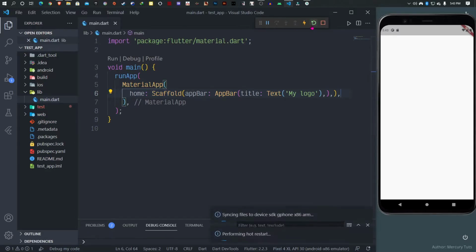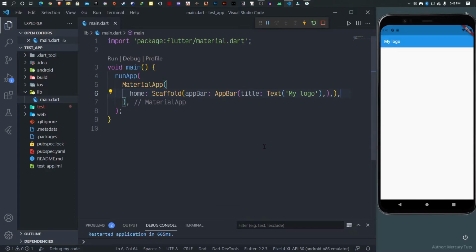Now, if I reload this, you notice how we now have this AppBar. Now, you get the idea from how the counter app was built, okay? Starting from the ground up. So you can see we have this AppBar similar to what we see in most applications. Okay. Now, the next thing I want to do here is that within this AppBar,